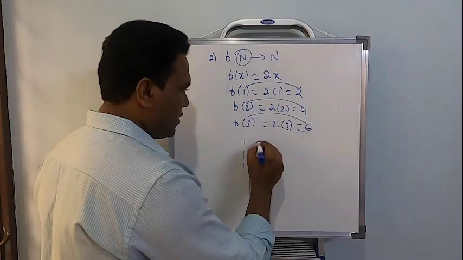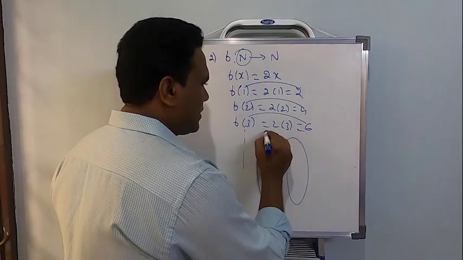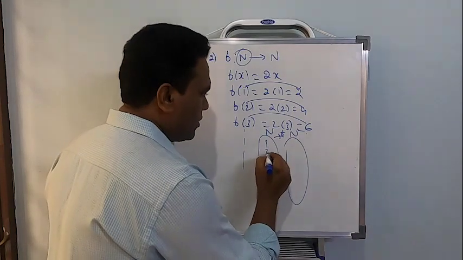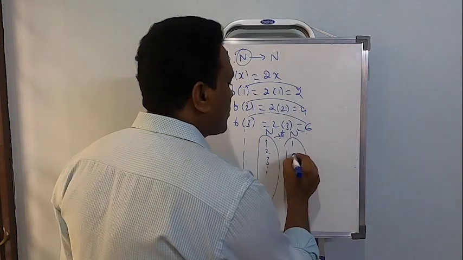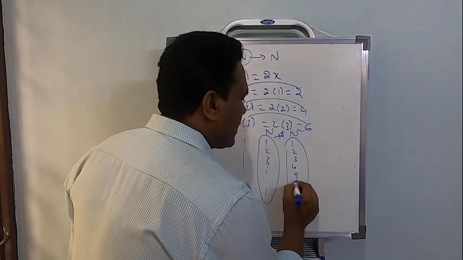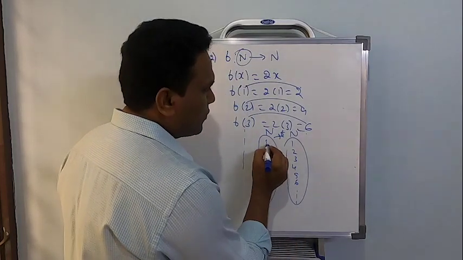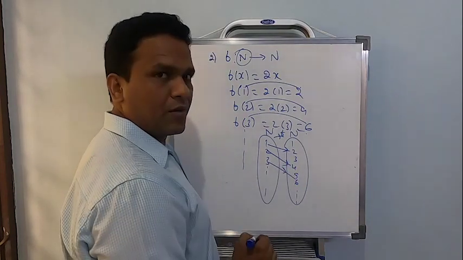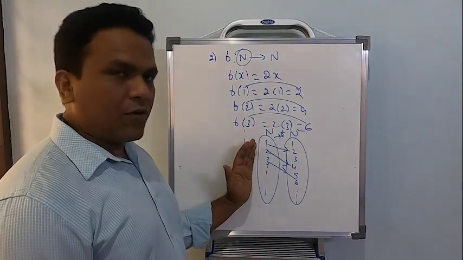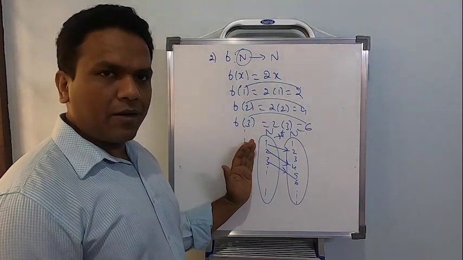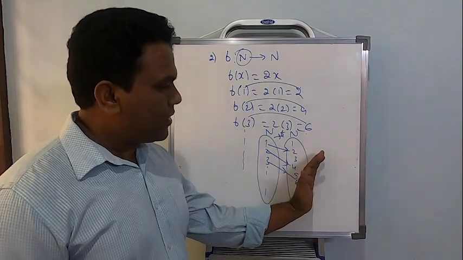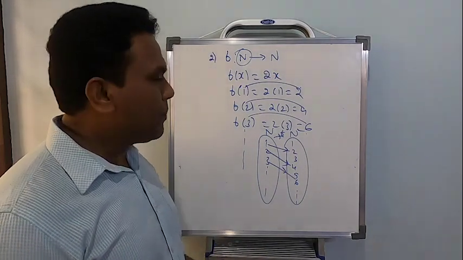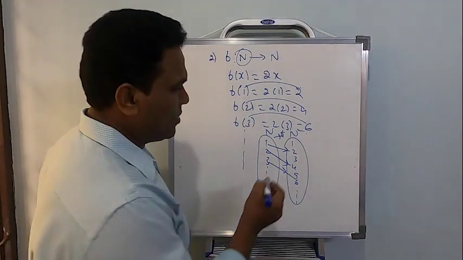If I write this in the form of an arrow diagram, this is natural numbers, this is natural numbers. A function f is defined from A to B. So 1, 2, 3, it continues. So here 1, 2, 3, 4, 5, 6, and it continues. So what's the image of 1? 2. Image of 2? 4. Image of 3? 6. Okay, so different elements of domain, we say this first set as domain, got different images in codomain, hence f is going to be 1-1. Clear? Now why it is not onto, look at that now.